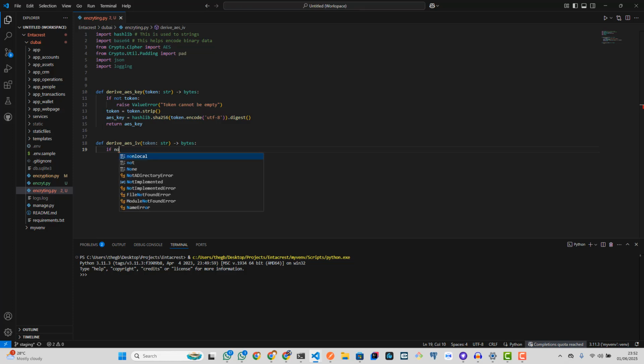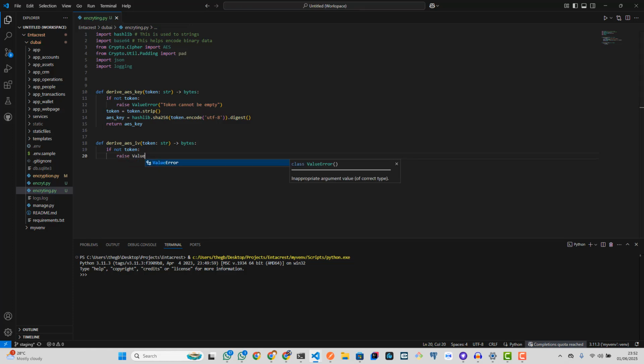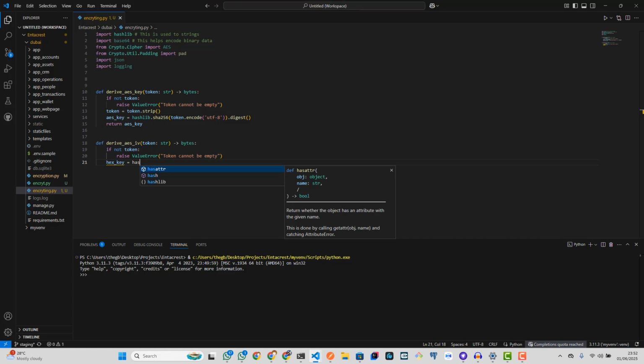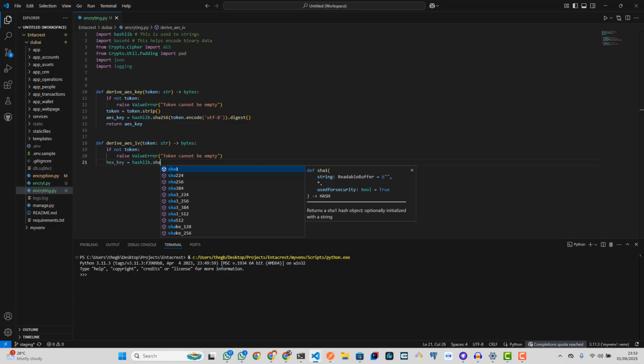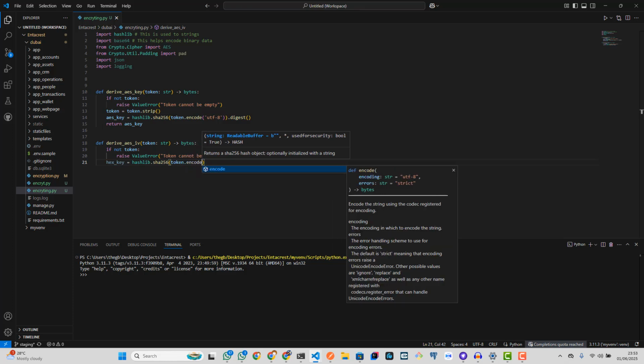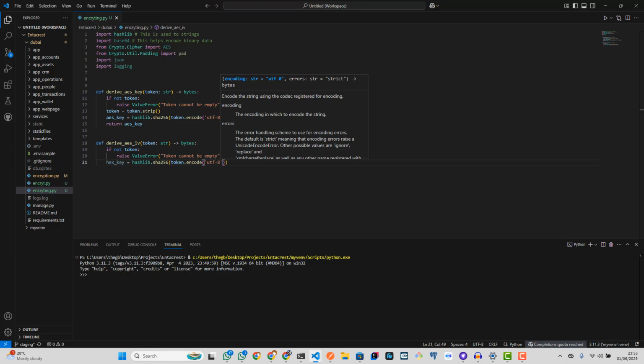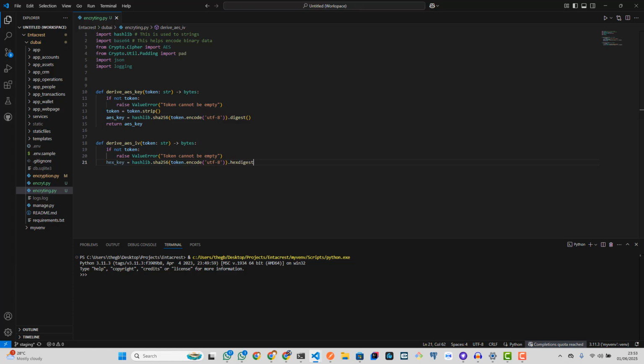We have a similar line of code: if not token, raise ValueError, token cannot be empty. Then hash with SHA-256, encode in UTF-8, hexdigest, IV string equals